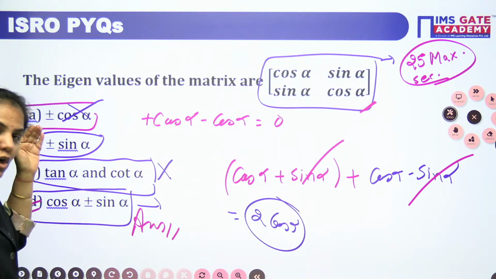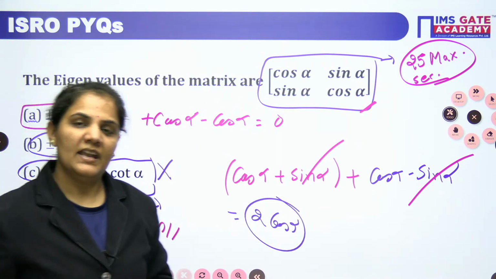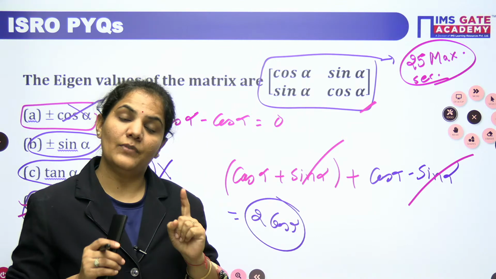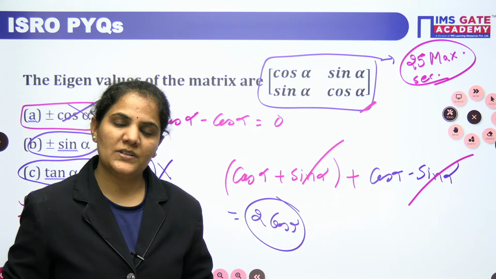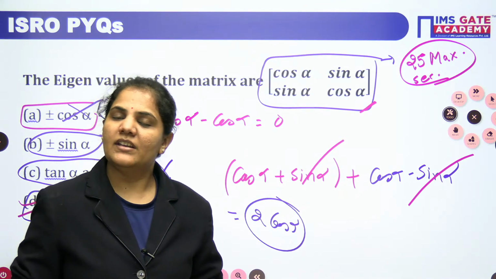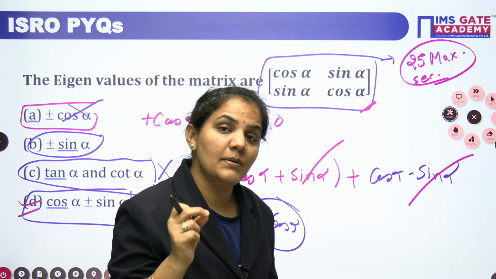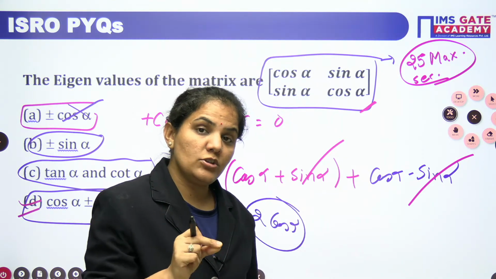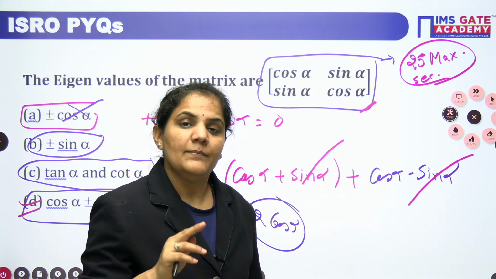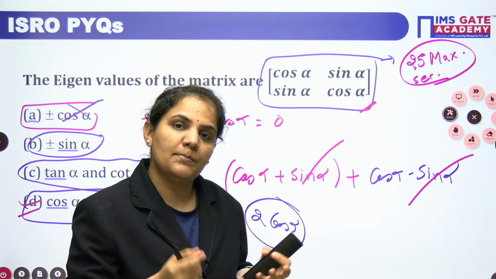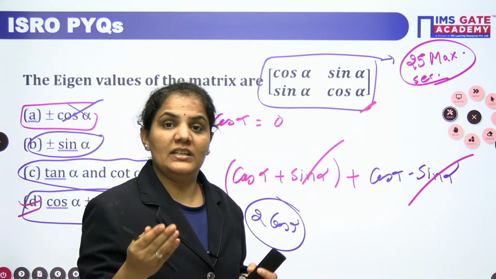Quickly you can jump to the options, because whenever the question is about eigenvalues and eigenvectors, surely they will give you the options, and when the options are there we can solve very easily with the Brahmastra part 1. Suppose Brahmastra part 1 is the sum of the eigenvalues. If it is not working, and by Brahmastra part 1 you are not sure which option is